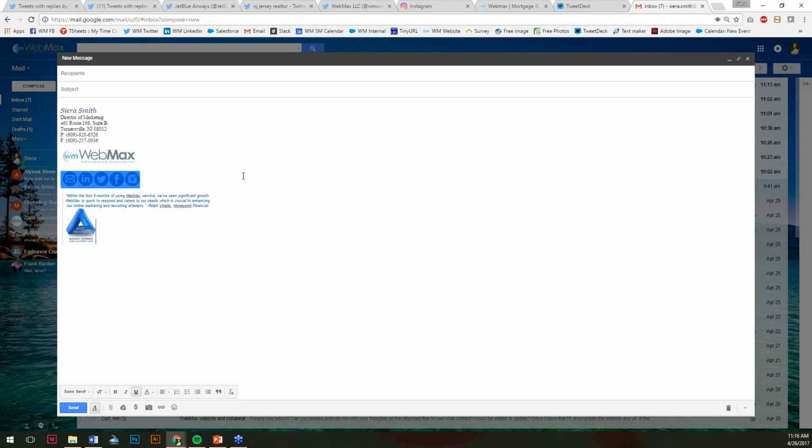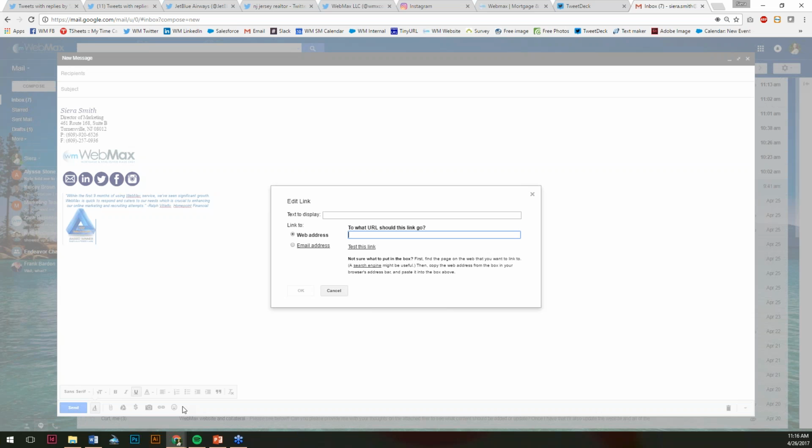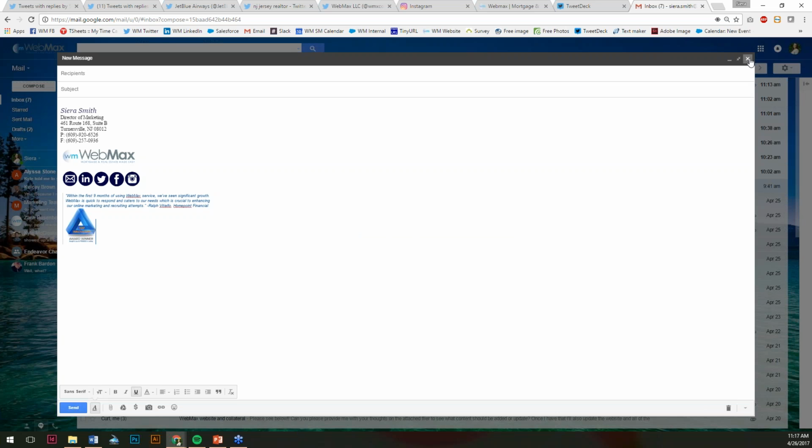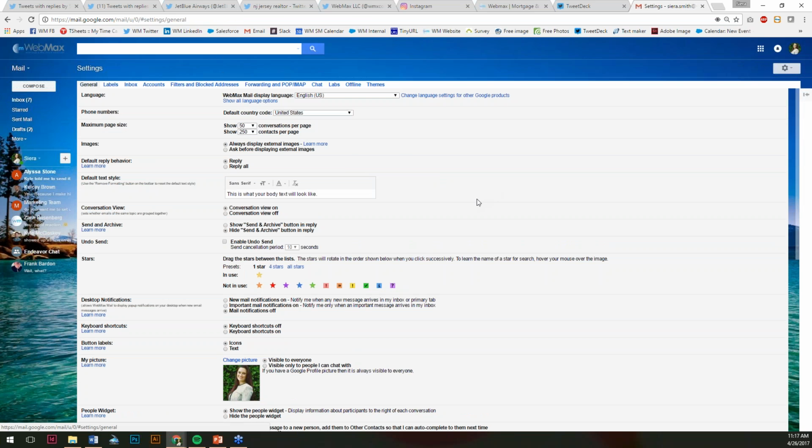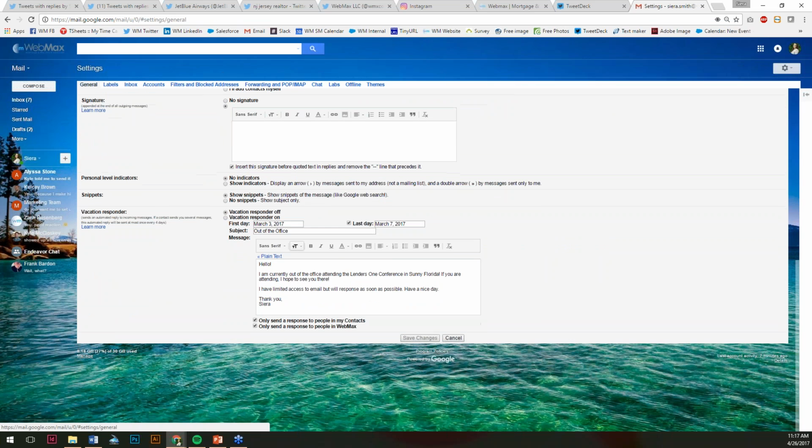And these icons, you can literally just search social media icons, and there's a lot of websites that give you permission to utilize them, and you can cut them up and edit them into your signature. To make them linkable, whether you're using Outlook, Gmail, or some other server, you'll see this link, and you'll just go in, type in the URL for your social media, and that will make it linkable. Same thing if you're going into settings. And this would be the same for setting up your signature for Outlook even.